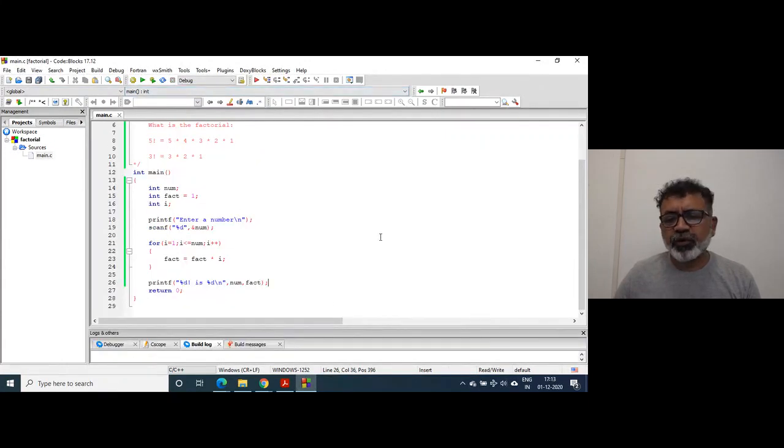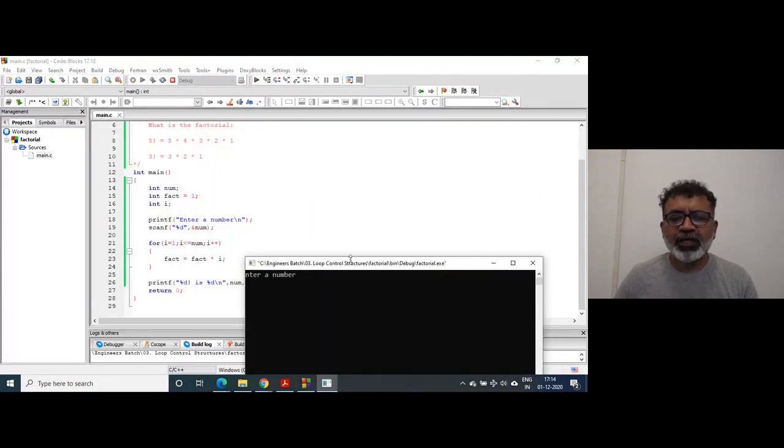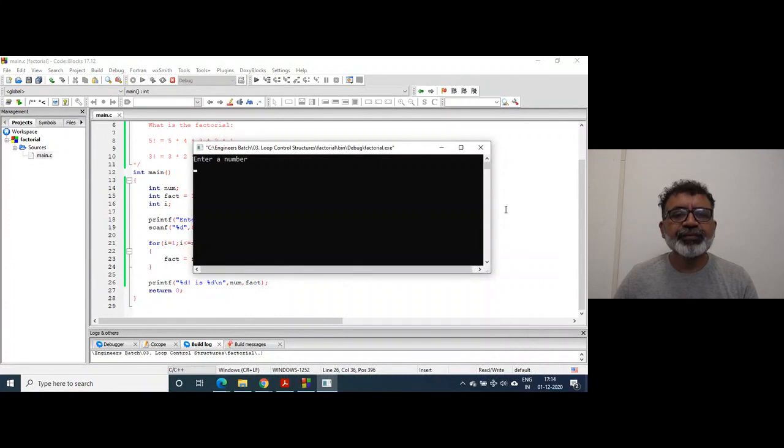Now the problem with the factorial is that there is a limitation. You cannot find the factorial of 50 or 100 or whichever number because memory has got limitations, right? So we have to take that into consideration. Every machine has got limitations, depending upon what kind of data type we have taken.